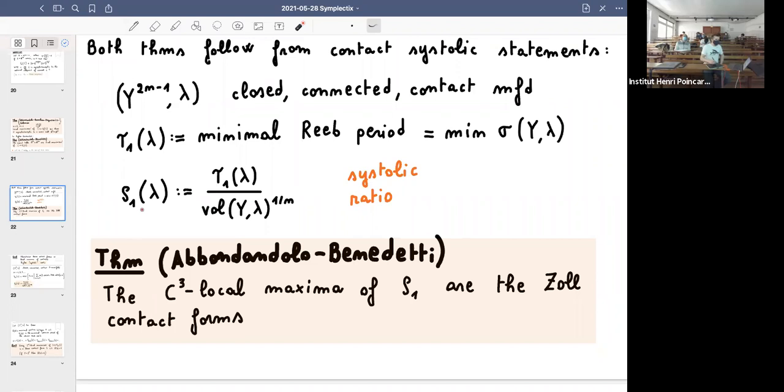And I'm going to denote as before by rho 1 of lambda the systolic ratio, which is the quotient of the systole by the contact volume of Y to the power 1 over n. And this theorem of Abbondandolo and Benedetti is really the final theorem that came after many partial results, in particular also full results in dimension 3. So this theorem says that the C3 local maxima of rho 1 are precisely the Zoll contact forms. And in dimension 3, it's also known that, as already mentioned, Zoll,